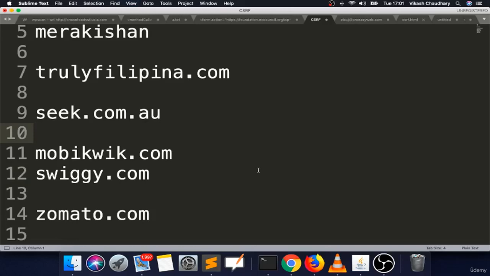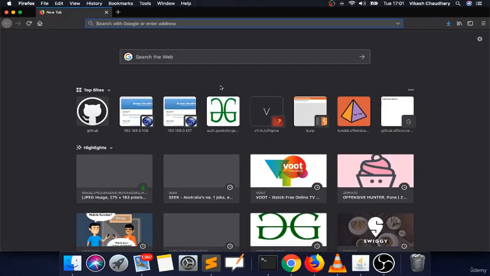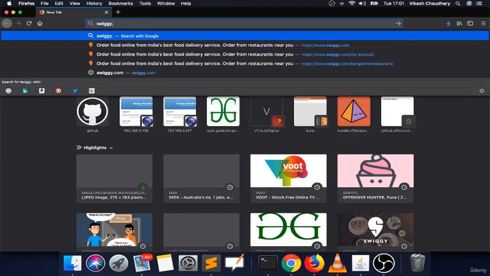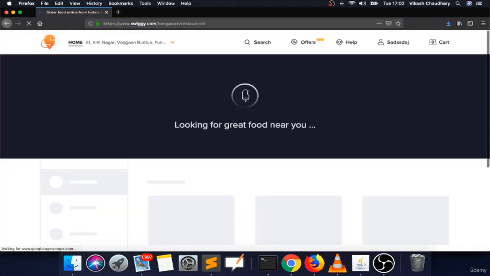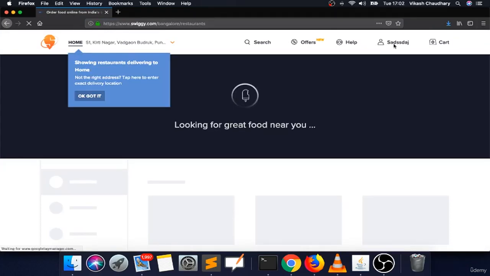Hello friends, welcome back. So I'm going to talk about CSRF again. This time I'm talking about Swiggy.com. I'm going to show you a bug on Swiggy.com. So let me first log into Swiggy.com. Perfectly. You can see I logged in over there. Now